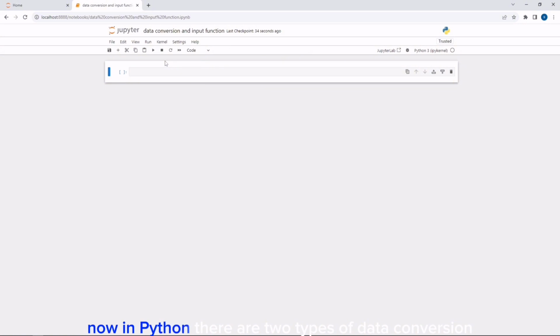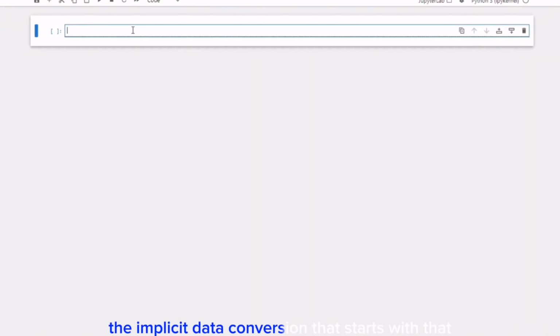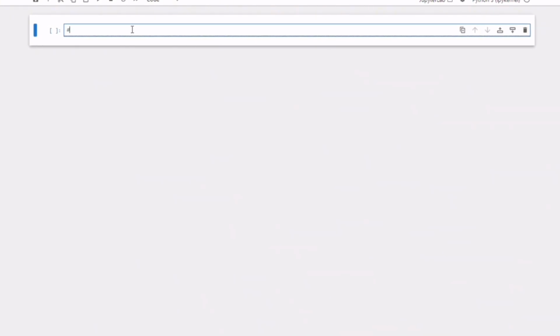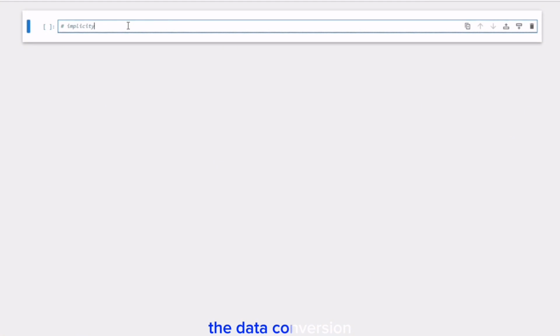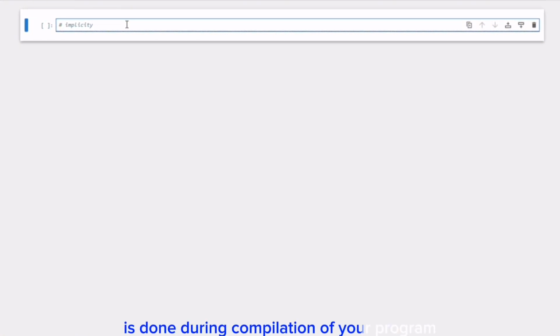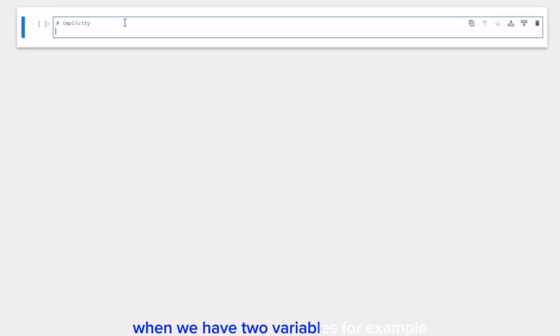Now in Python there are two types of data conversion. We have the implicit data conversion and the explicit data conversion. The implicit data conversion, let's start with that. This occurs when the data conversion is done during compilation of your program. I will explain. When we have two variables, for example,